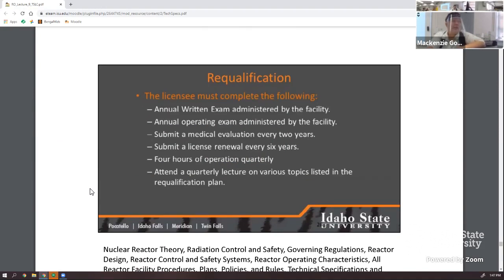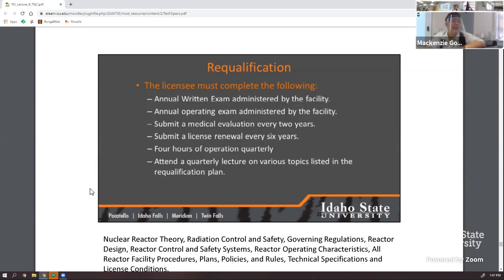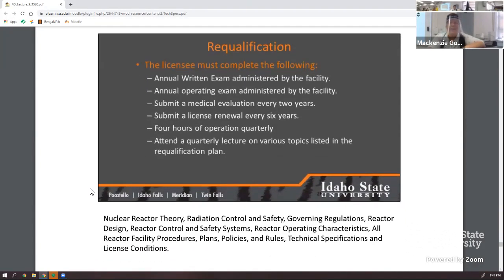You also have to requalify with an annual written and operating exam administered by an SRO or reactor supervisor. Reevaluate your medical status every 2 years. Get a renewal from the NRC every 6 years. And every quarter you have to operate at least 4 hours, plus continuing education quarterly. Okay? Those lectures will talk about any updates to the procedures or the SAR that are happening just as part of normal